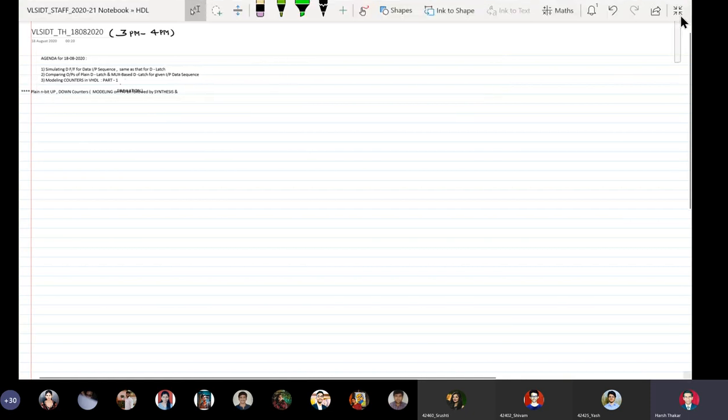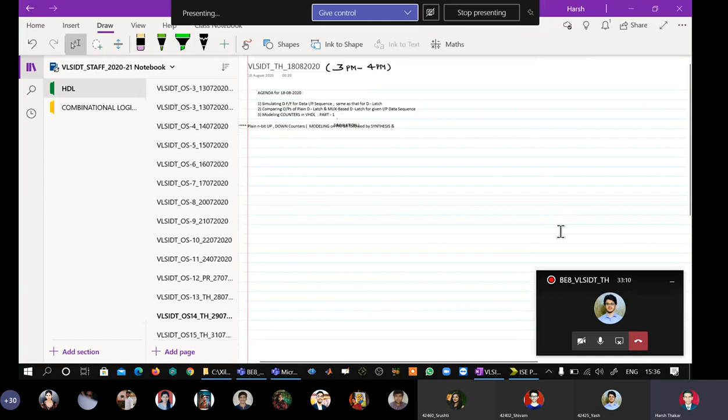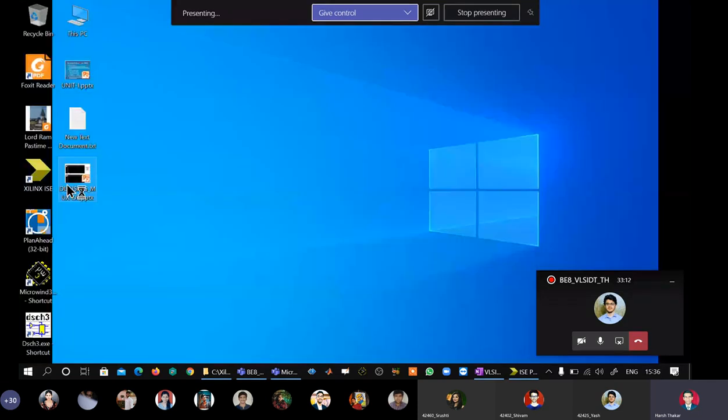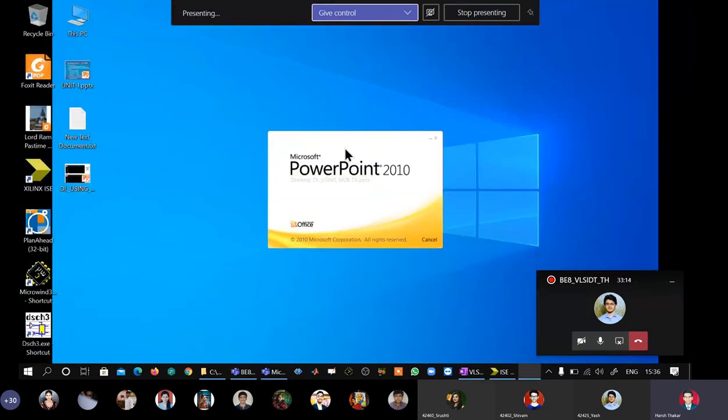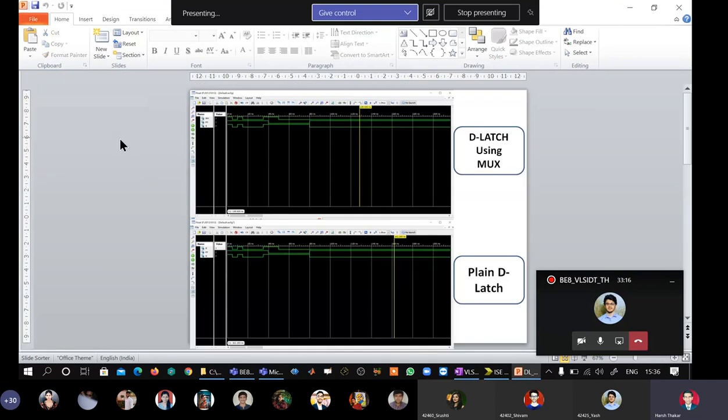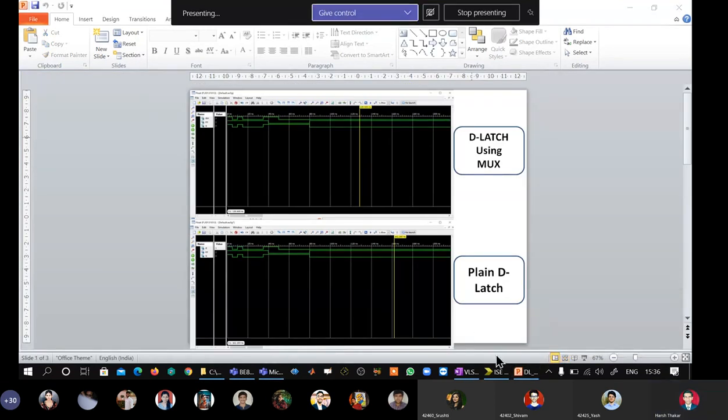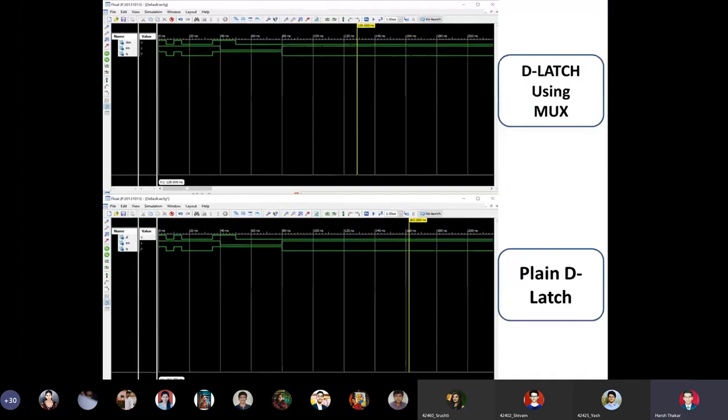I have put the output waveforms in a PPT. I'll show that. You can clearly see the waveform in the upper half of the window is the output of D latch using multiplexer, which Yash had shown to us last Friday.